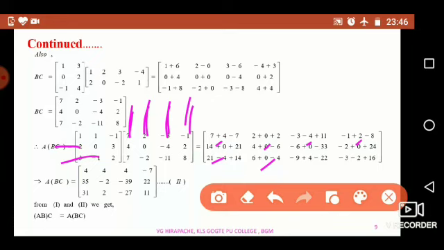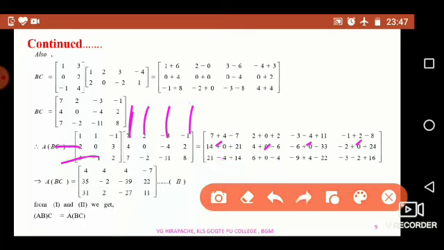Dear students, these types of examples we have already done from the third lecture onwards. Therefore, you have done plenty of work on this. That's why I am not showing each and every step. You can understand better by looking at this slide.